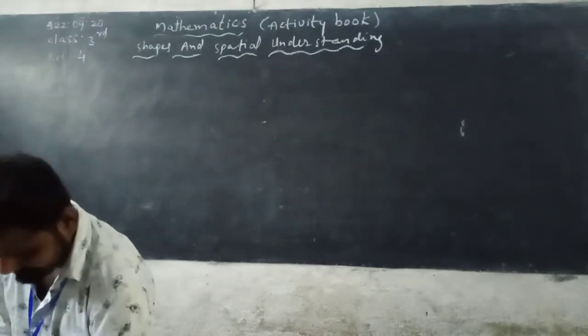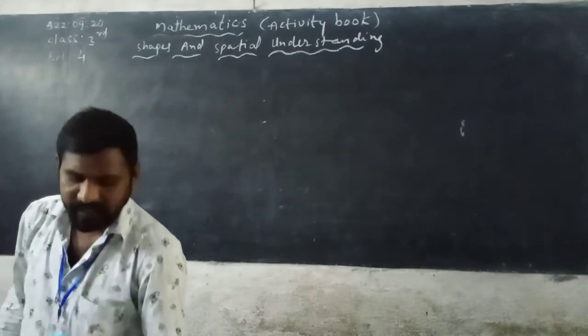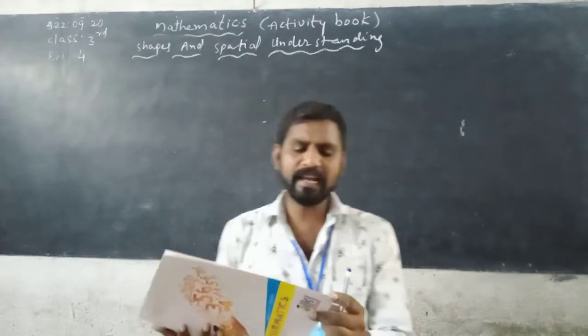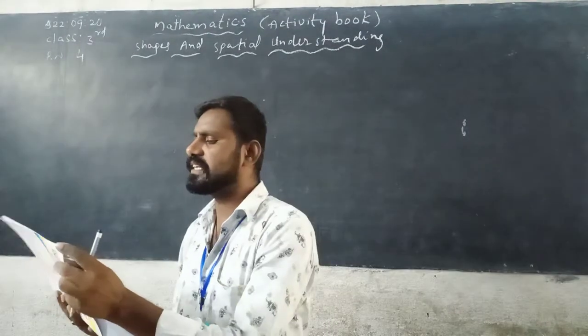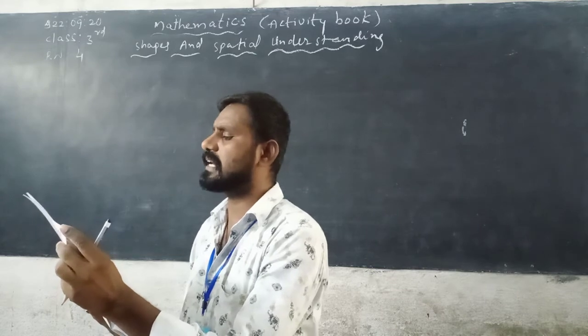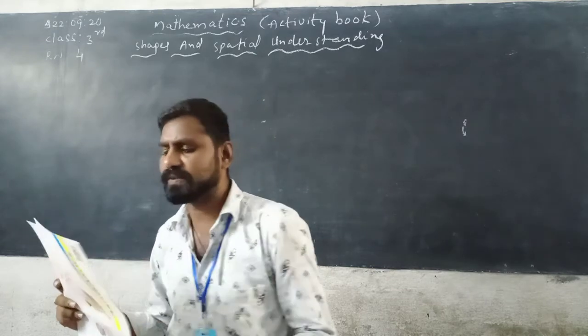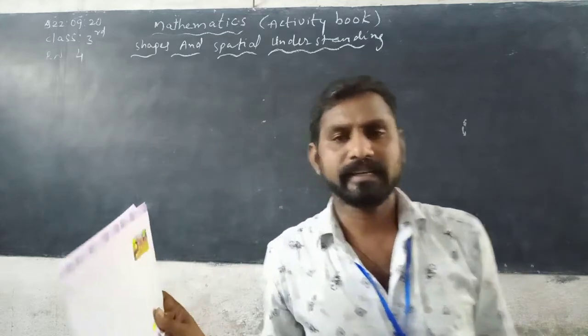Then next, see here, page number 6. Draw a train using the 3D and 2D shapes. Color the shapes as directed. You can use the given picture as a reference to draw your train. See Nana, here train is shown. So same train you can draw somewhat big here and colored the train.